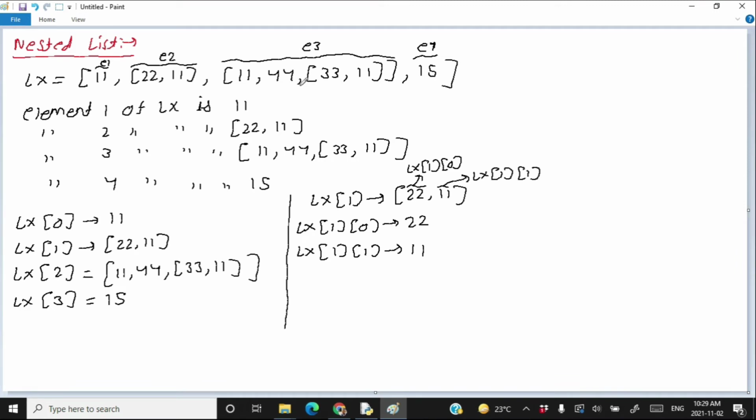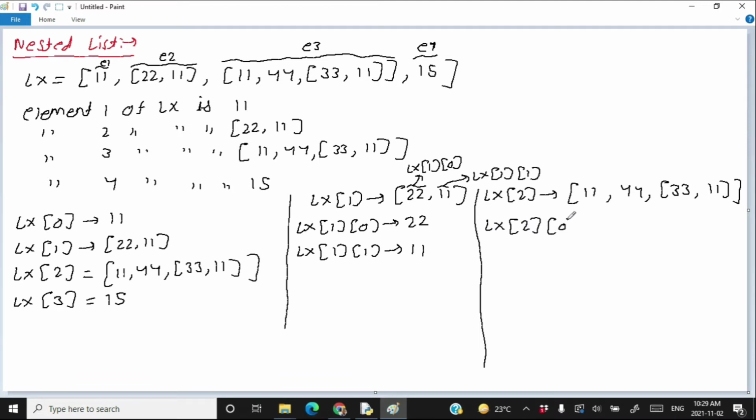Now coming to the third element, LX2 is this list. LX2 is a nested list in itself. The third element of LX2 is a list here. What is LX2? LX2 is 11, 44, 33, 11. Now tell me the first index of LX2.